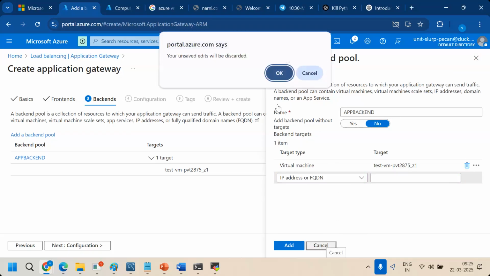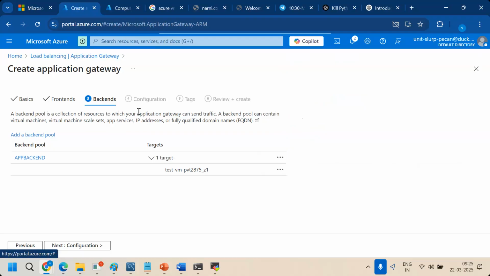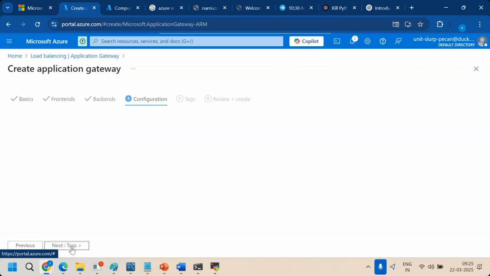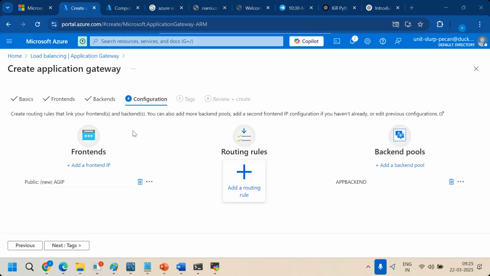Wait. I haven't created it yet. 3 more steps are there. Next, configurations. Now, we have a concept in AWS, right? AWS load balancer. Hey, no problem. In AWS, we have an application load balancer. We have a concept, right? Path based. Okay. We can add some rules, listeners, something, right? So here also,